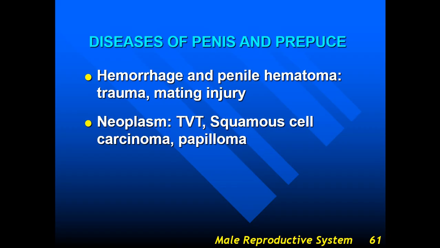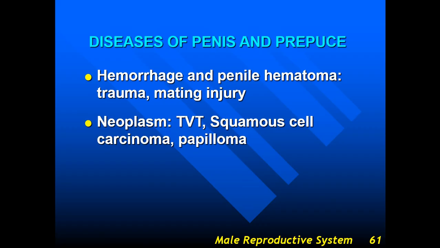And tumors sometimes can be found in the penis, for example, the TVT. T means transmissible, V is venereal, T is tumor. Transmissible venereal tumors are quite common in dogs. In dogs, it can be seen in the penis